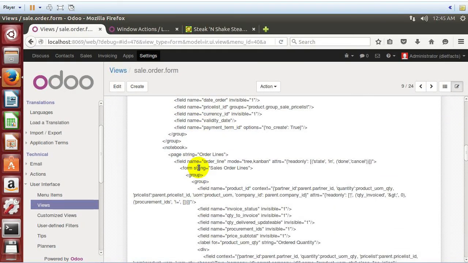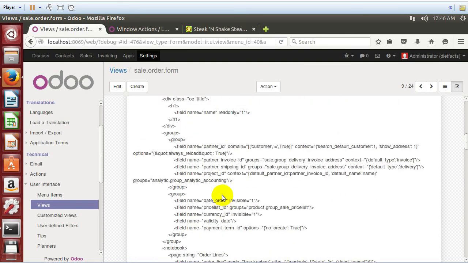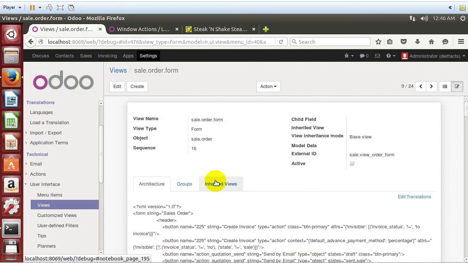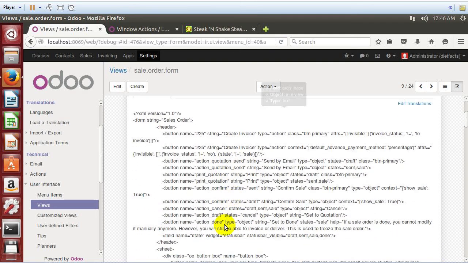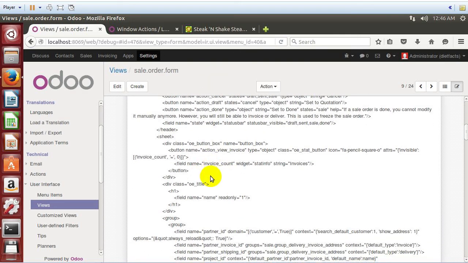Now, these views are stored typically in XML files inside of applications, and we'll see in the upcoming videos how we can look at this from the code side of things. But it's important that you understand that these views sit on top of models, and that right here at the very top I can see sale.order, and therefore these fields that we see inside of here are going to